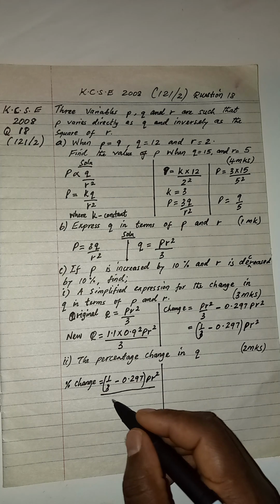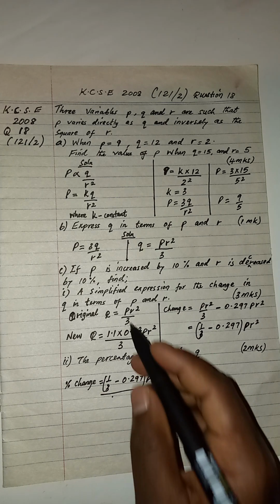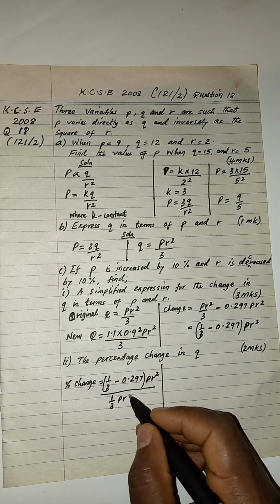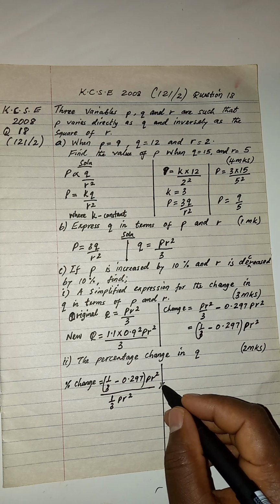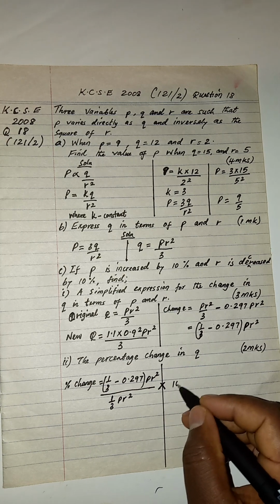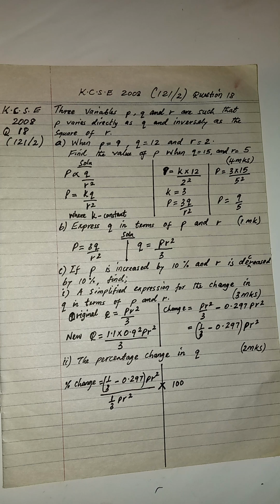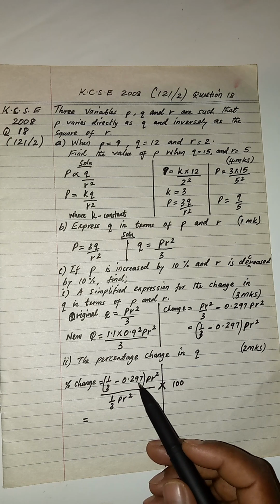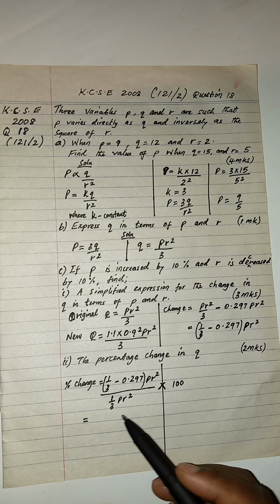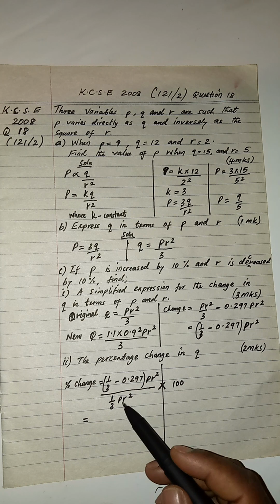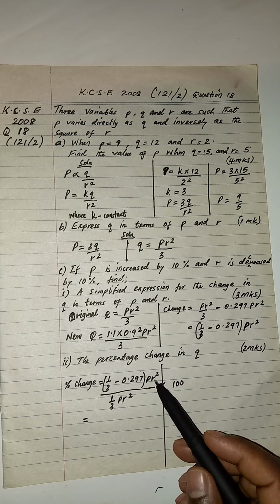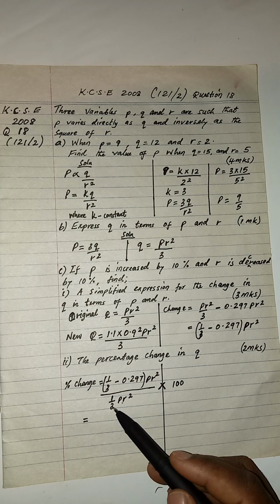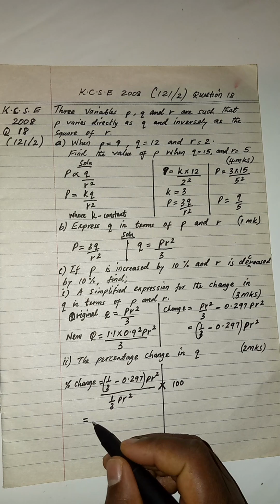The original is given by, we can say this is the original, which is the same as a third PR squared, times, because it is the percentage change, times 100%. So this will give us a third minus 0.297 over a third. So PR squared will cancel out. So a third minus 0.297 divided by a third, it will give us